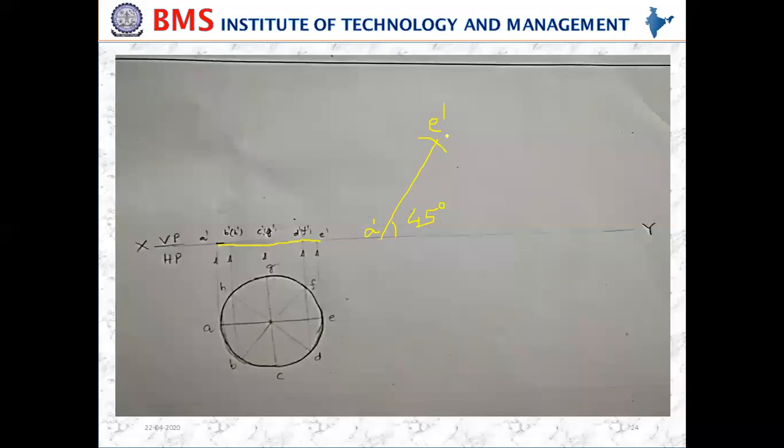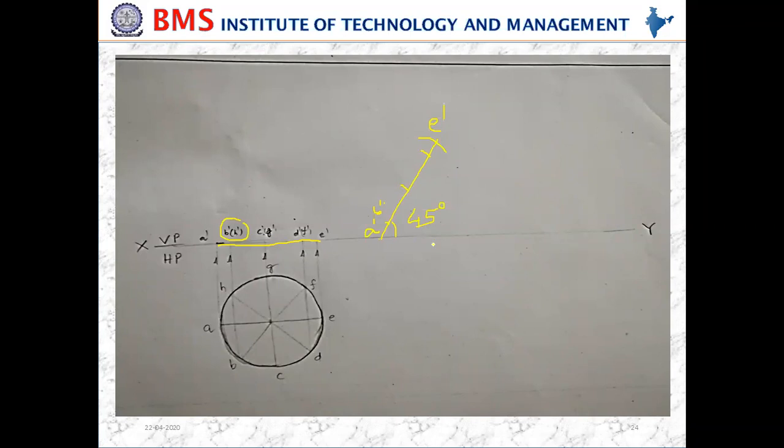Once you get A dash, E dash, then locate the points B dash, H dash on this line. Take the A dash to B dash distance and make a cut like this. Then from A dash to C dash, D dash, measure the distance and draw an arc. Similarly, from A dash to D dash, locate this one also by drawing an arc. So now this is B dash and H dash, then C dash, G dash, then D dash, F dash. So I got all these points.